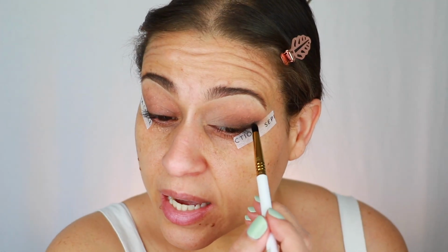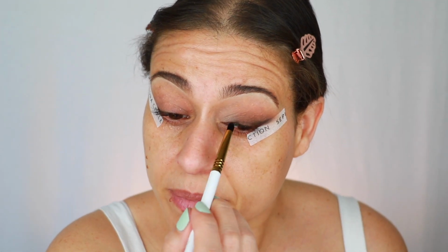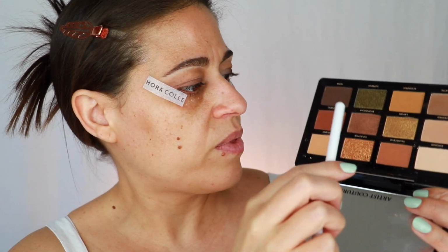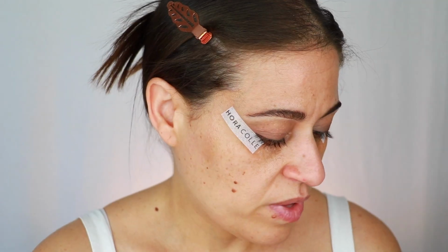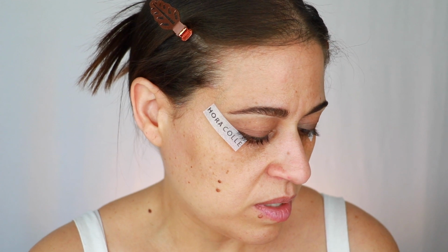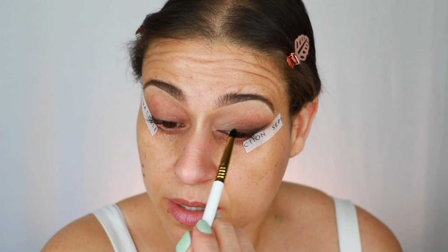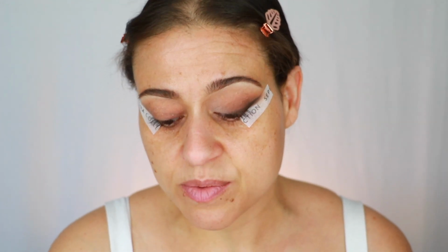Let me intensify the lash line again. I wish I had like a shimmery champagne shade to sort of apply right in the center to give my eye just a little bit of sparkle. We have a few shimmer shades, but they're a little bit darker in this palette. You have that row there, and this is the lightest shimmer. So I might use that one. Hopefully it won't be too gold. But notice I keep going back and I keep intensifying the darker shade at the base because that's really the